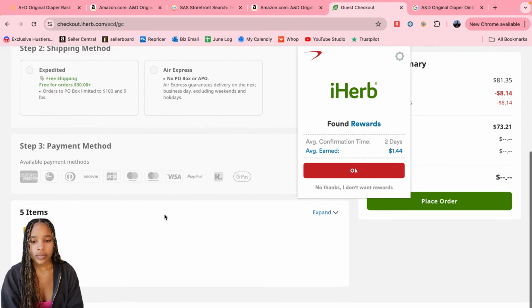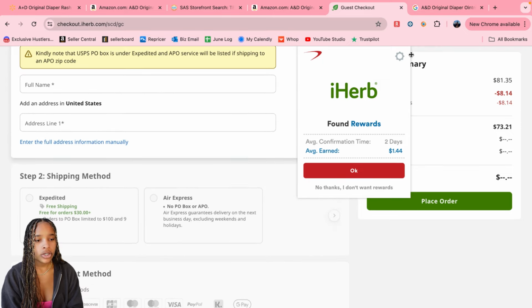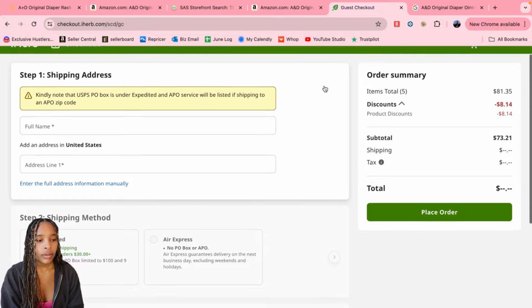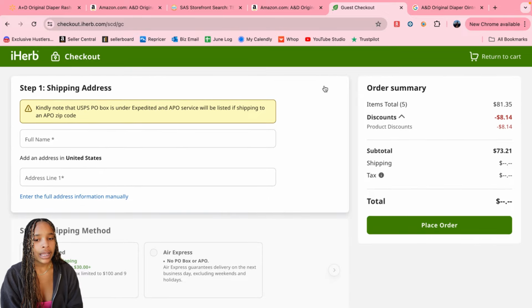Okay, so I don't know if they're charging me tax, but I think I have to put my information to see everything. But let's just say that we're not taxed, or let's say that they accept their tax reseller's permit. I'm not too sure if they do, but we will do